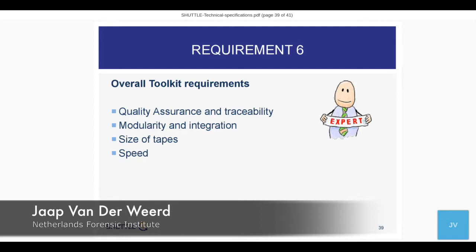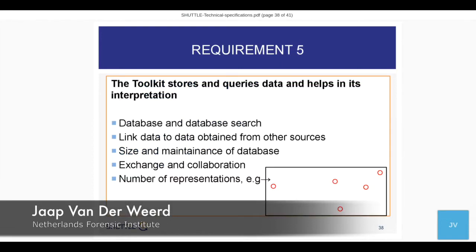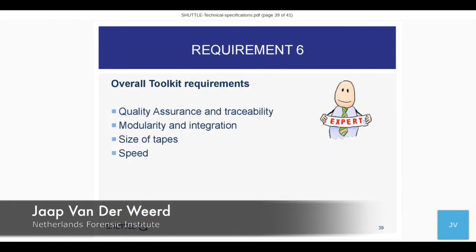If we want to use the system in an accredited lab, it should be validated. If the expert trusts the machine, he should be able to check every step it makes. So that's what we call traceability, and basically it means that if I get an extract from the database, something like this, where the computer tells me where all the glass is, I should be able to go back to